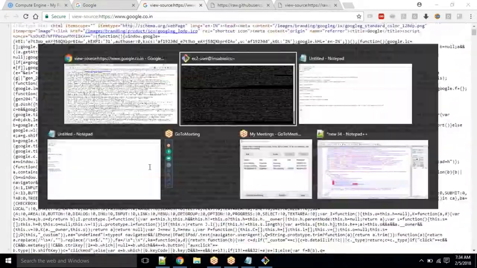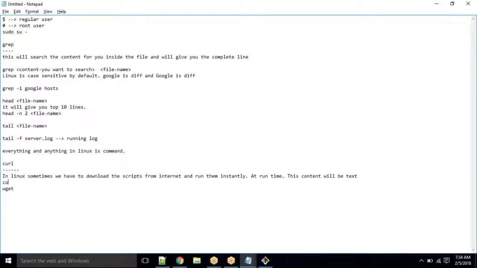Okay, so what I can say is CURL will give you the source in the background. Okay, so we will use it for downloading the text at runtime. We will not use it for websites with graphical view. Okay,